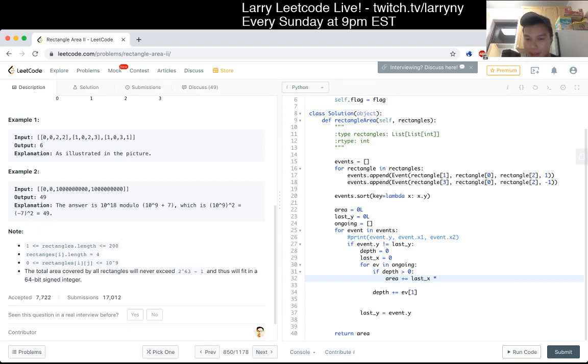Times the delta between last x and this event, times... minus last one. Are the signs right? Signs should be right. Okay. And that's x is equal to